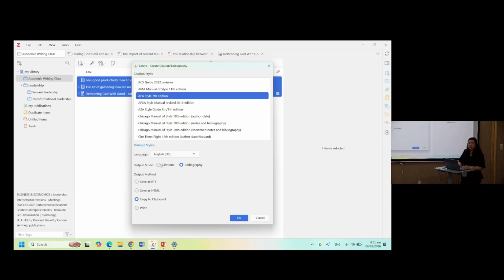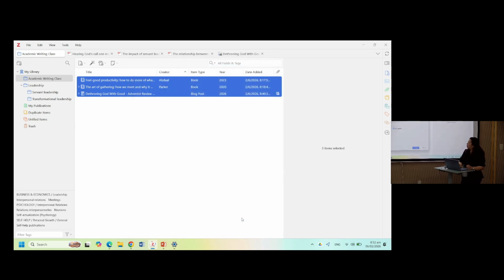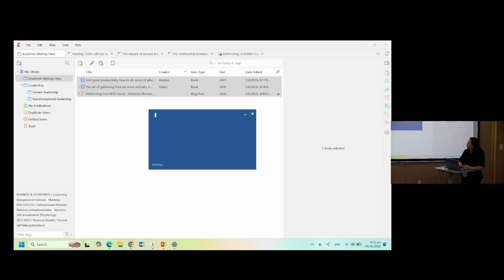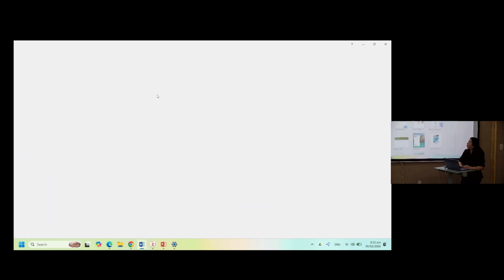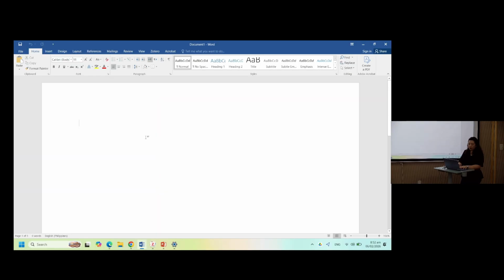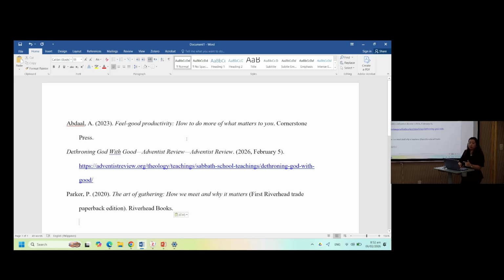Citations, that's a different output. That's how you cite items. We're not doing that now. We're doing the bibliography. Then click OK. So when you open your Word document, just simply paste, and you'll have your bibliography.